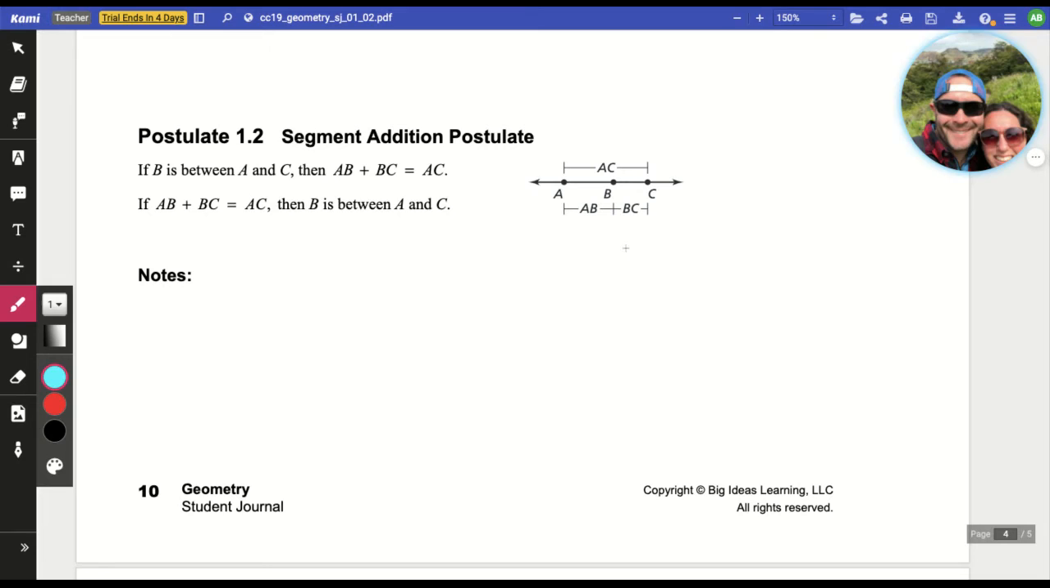Draw yourself a segment. Okay, so here's your segment. For kicks, we'll label them A, B, and C, just like the picture up there. Here's all this means. If AB is 10 and BC is 5,